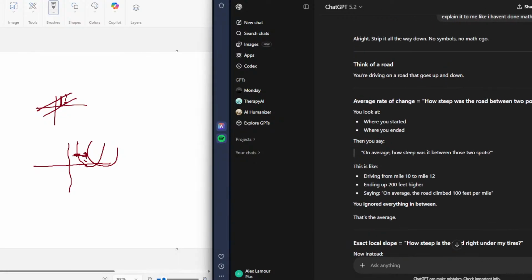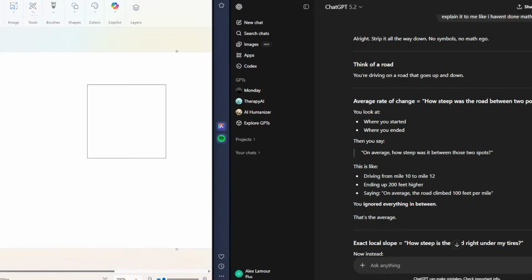So, as always, and now that I do have a tablet, I like to draw everything out. I love visuals. I think visualization is key. So, you're driving on a road that goes up and down. Let's imagine this is a road up and down, right? So, this is your road,